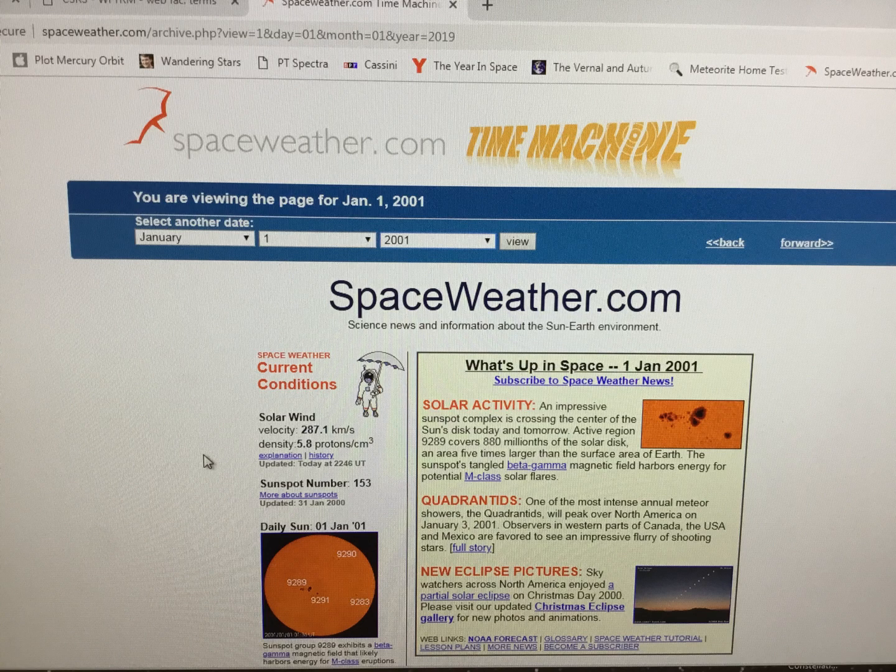Lab 9 is the first lab in Unit 3 on the Sun and stars. This lab will focus on using sunspots to determine solar rotation rate. The Sun has what is referred to as differential rotation, meaning that different parts of the Sun rotate at different rates. We will be using the website spaceweather.com to look at sunspot activity today and at a time in the